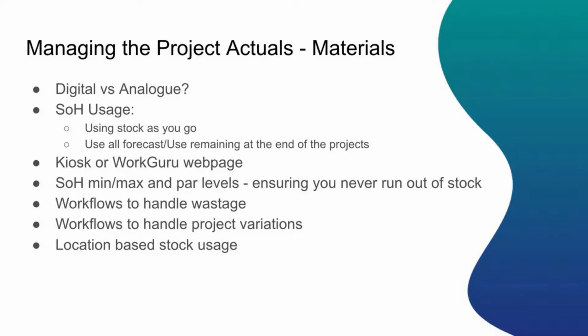The other tools we've got: we can set up a lot of the standard stock control functionality that helps with that, in that we have min, max, and par levels that you can tie to automated purchasing to make sure that you always have the stock on hand you require. The other thing we can do is purchase to order based on the forecast project stock requirements out to a specific date. So if you've got projects booked in and scheduled, say, out to the end of September, Workguru can ensure that you can purchase all of the materials you require in bulk to have enough for that project load. So the idea, obviously, is the more you buy, generally, the cheaper it is, due to unit costing, and also you're minimizing your freight costs, because that's what generally kills people